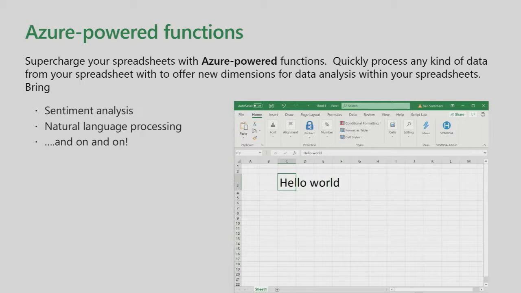I guess the ones that I chose to put on this slide, and the one that I actually highlight here because I'm going to show you exactly how it works, is actually a translation function, right? So I'm going to use Excel natural language stuff to translate values in Excel cells, just text values, to provide new context for the kind of data that I'm presenting to people. But there's also sentiment analysis. There's all kinds of different things that you can do and bring those tools from Azure into your Excel spreadsheet as a way of, again, creating this very, very interesting value with the data that you're doing.